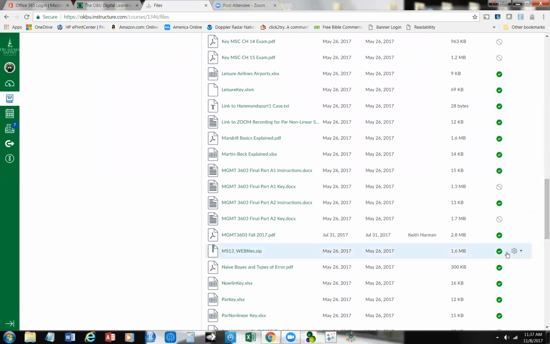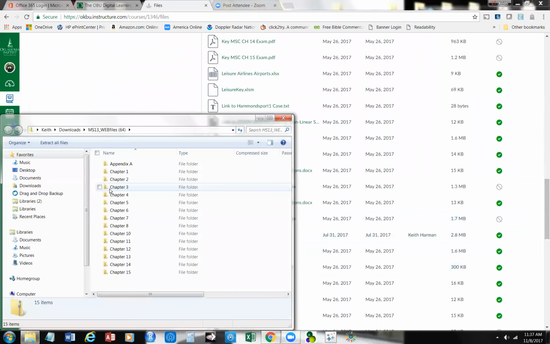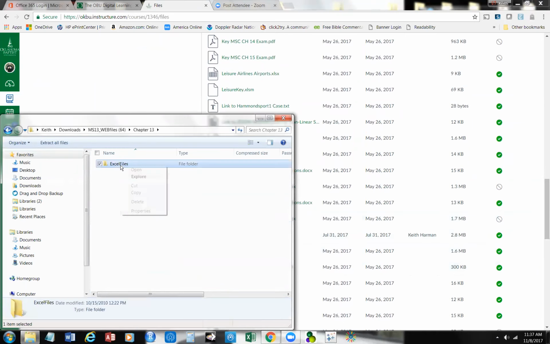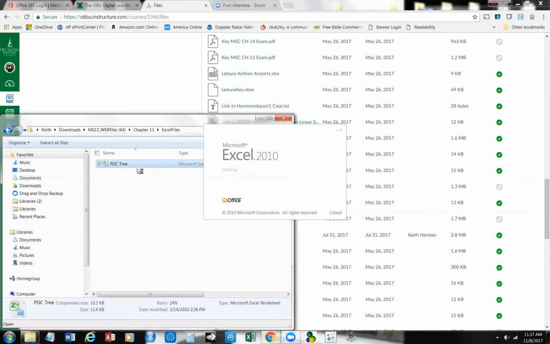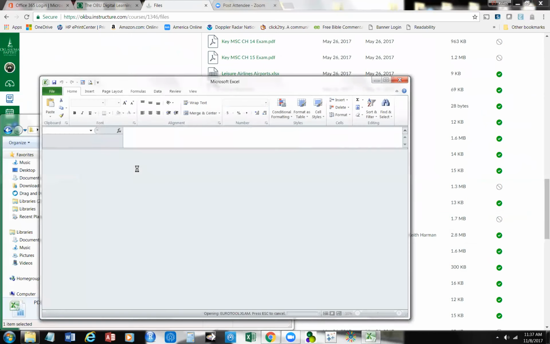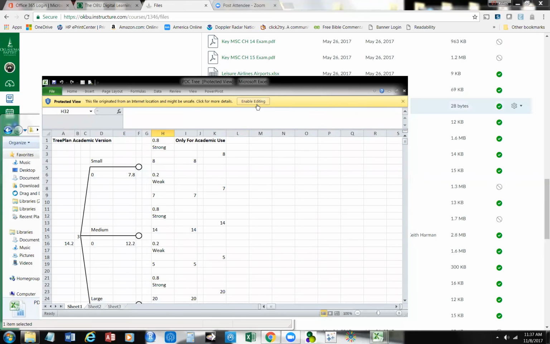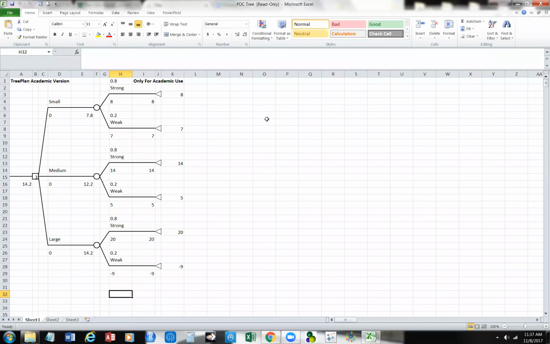Let's see, find the MIS web files. There we are. We'll download that, and we'll take a look there at chapter 13. And we'll look at the Excel files. And there's the PDC. I'm just going to open this so we can look at it, kind of get a feeling of what we've got going on here, okay? It's a tree, okay? Now I want to show you just quickly the basic